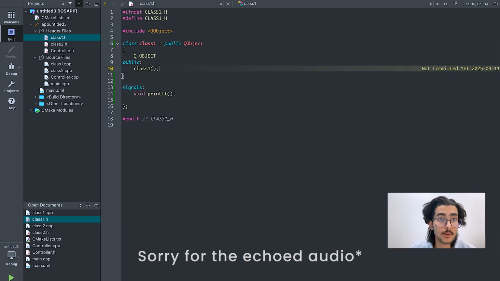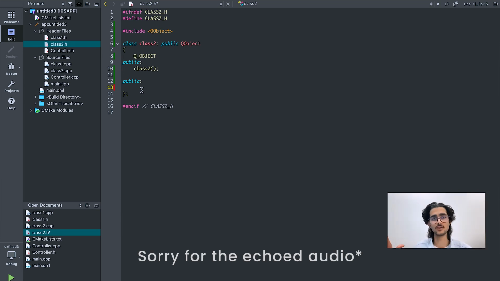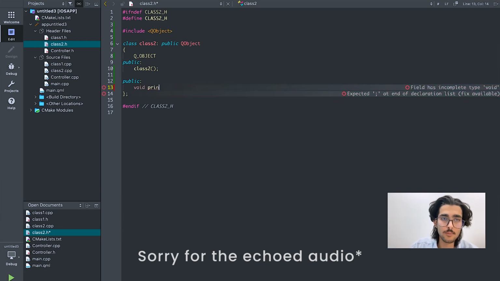Don't get confused, please. So in class 2, what I want to do is I want to have a slot, and slots can be either public or private, just like a function inside of a class. So I'm going to make it public for now, but you can also have private slots. So public, and then slot is just like a regular function, nothing complicated, just think of a regular function. So this function is just going to print, so it's not going to return anything, so I'll just say void print,